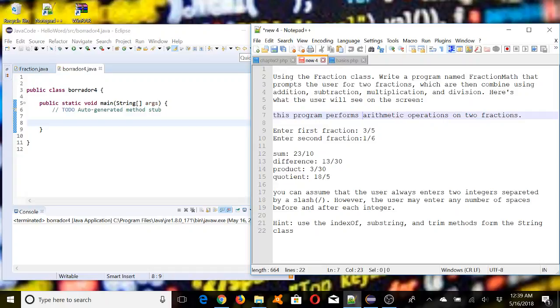So you can assume that the user always enters two integers separated by a slash. However, the user may enter any number of spaces before and after each integer. We can use index of, substring, and three methods from the string class. Basically this is a simple program, but the difficult part is